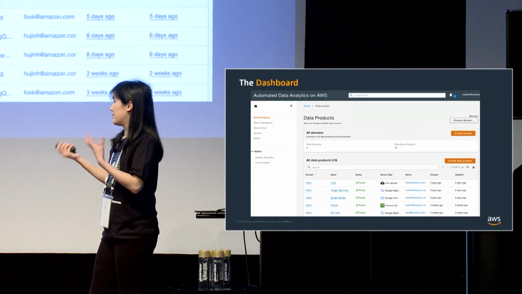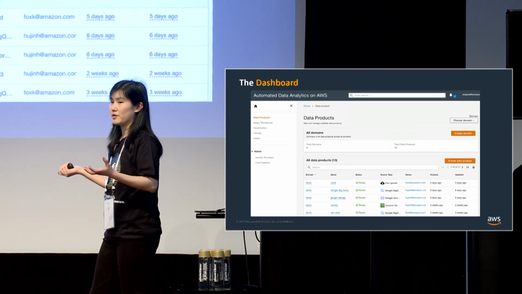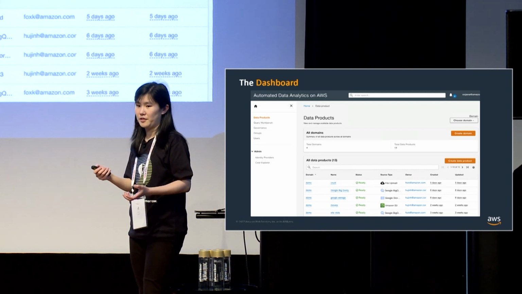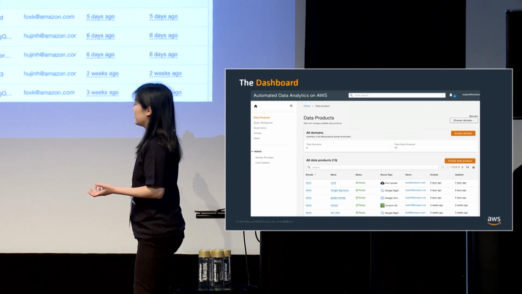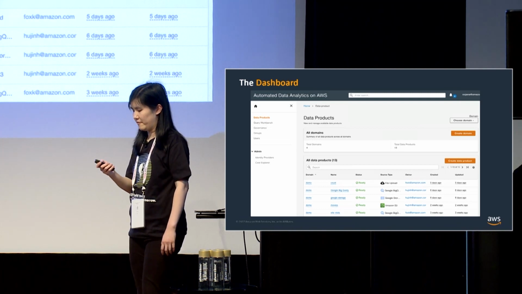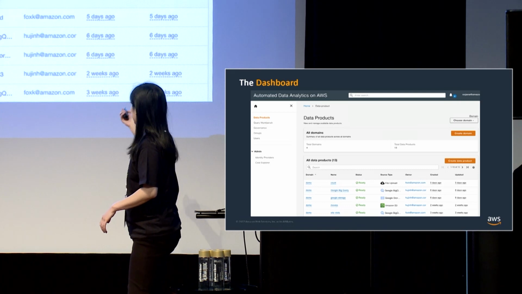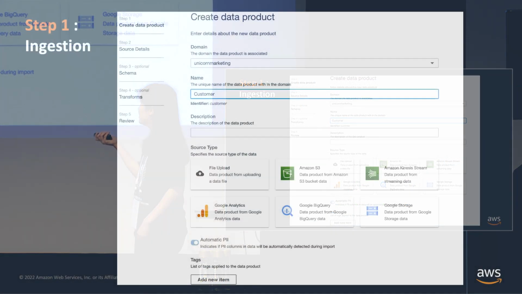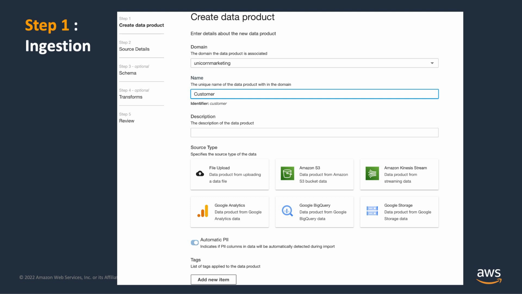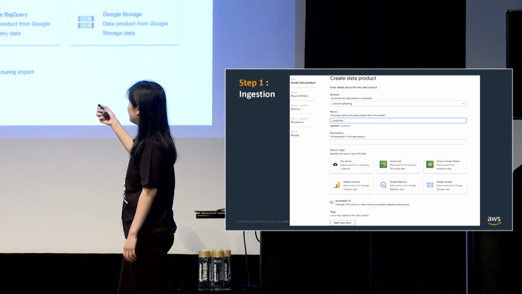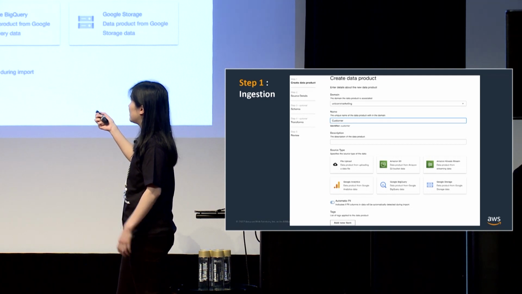So as a data engineer, or even a marketing person coming into Ada not knowing any code, I could easily come in here and go, you know what, I'm going to create a new data product based on the campaign that we've recently run. And this is how it looks, right? You go over here, click create data product, and you get this pop-up screen. Give us a domain for your data product. That's just a way we've grouped products together. This is the Unicorn marketing team, so that's our domain. We're naming our data product customer.